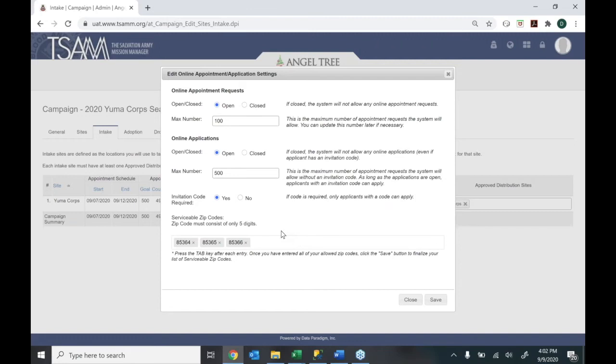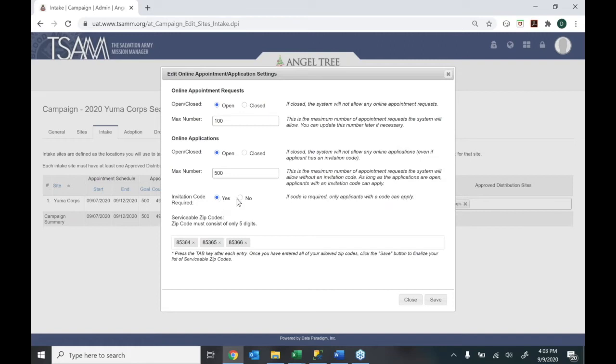Those can be delivered in any number of ways. You can send those out to clients who you already have contact with. I've seen, or at least heard talk, because nobody's used this yet this year, of giving a chunk of codes to your high school guidance counselor, and then they can distribute those to the families that they feel need services or need to apply. So those invitation codes are up to you how you distribute them, but you get to decide here if they're required or not. If they are required, obviously you have to have a valid code in order to complete